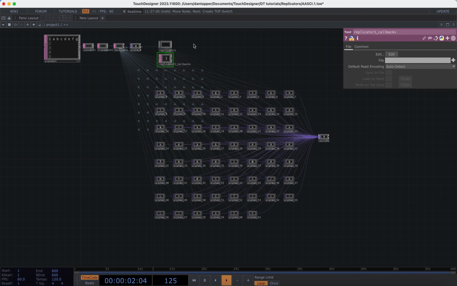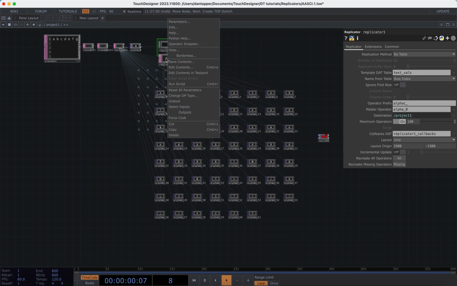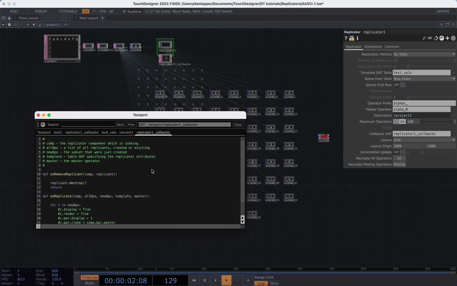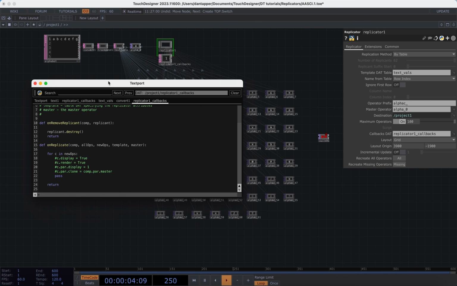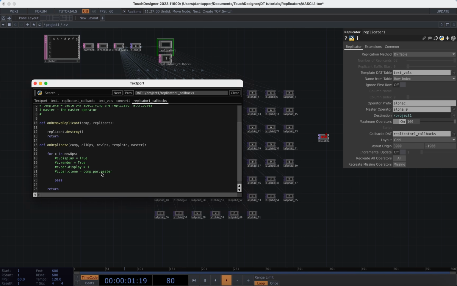But if I, for example, change my replicator setup by pressing recreate all operators, that's going to disappear. So we're going to reuse that bit of code we used previously to automatically connect to that switch 1. I'm going to right click on my replicator callbacks, and in this onReplicate function underneath the c.par.clone, I'm going to say